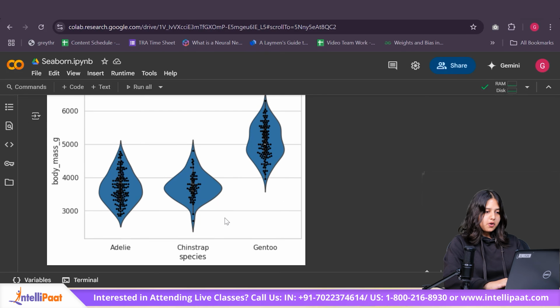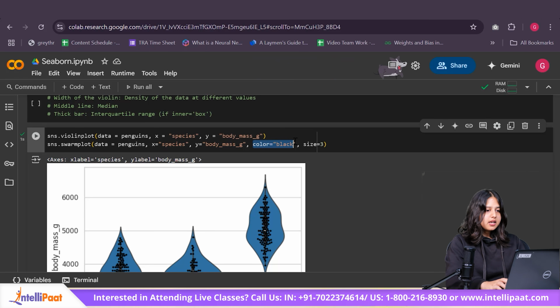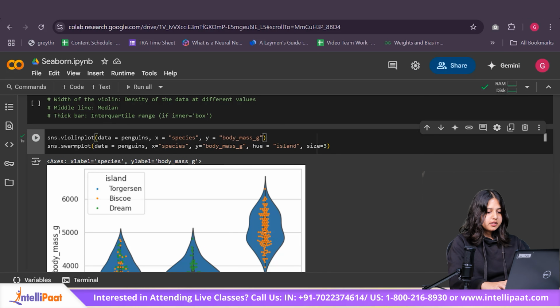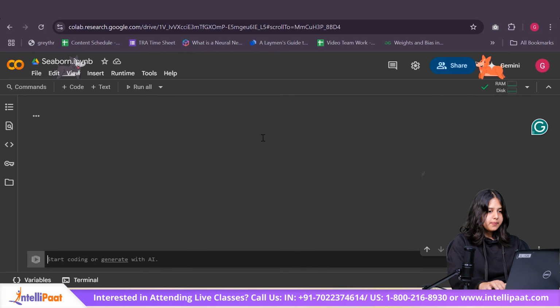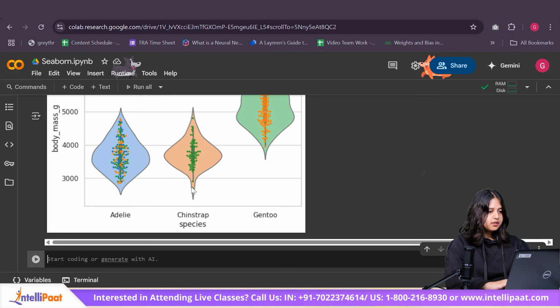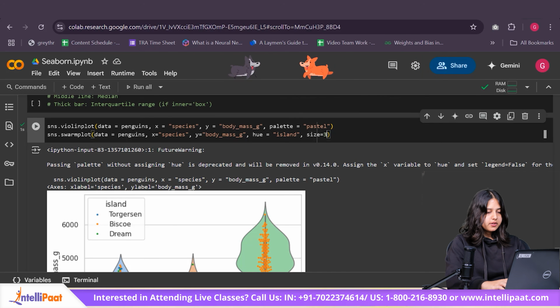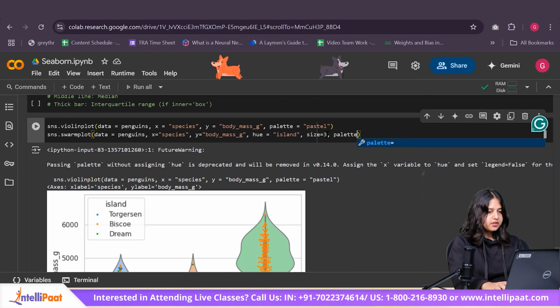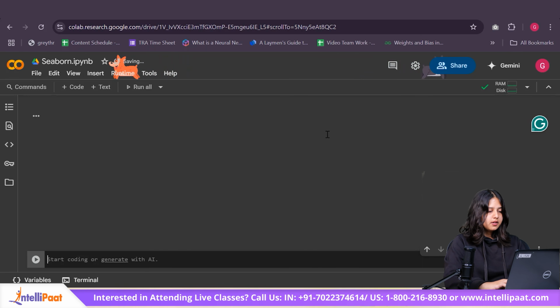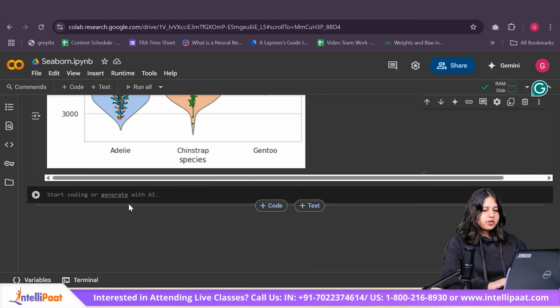Okay. So I can clearly see the distribution of my data points with the help of these two particular plots. Also, instead of passing the color black, over here, what I can do is I can pass my hue as sex. I'm going to give this a palette pastel, and if I run it now, okay, and over here I'm going to have palette of dark. Okay, so this is what my plot is going to look like.